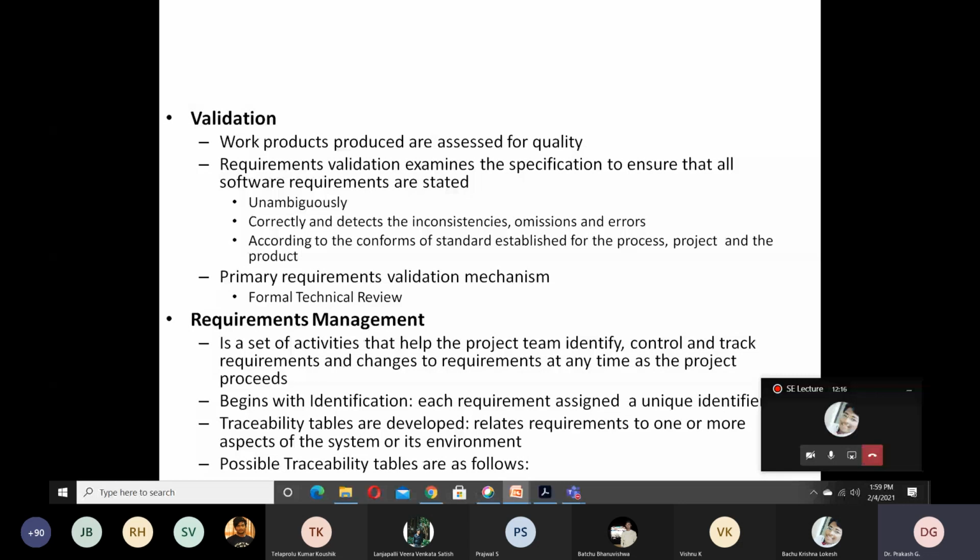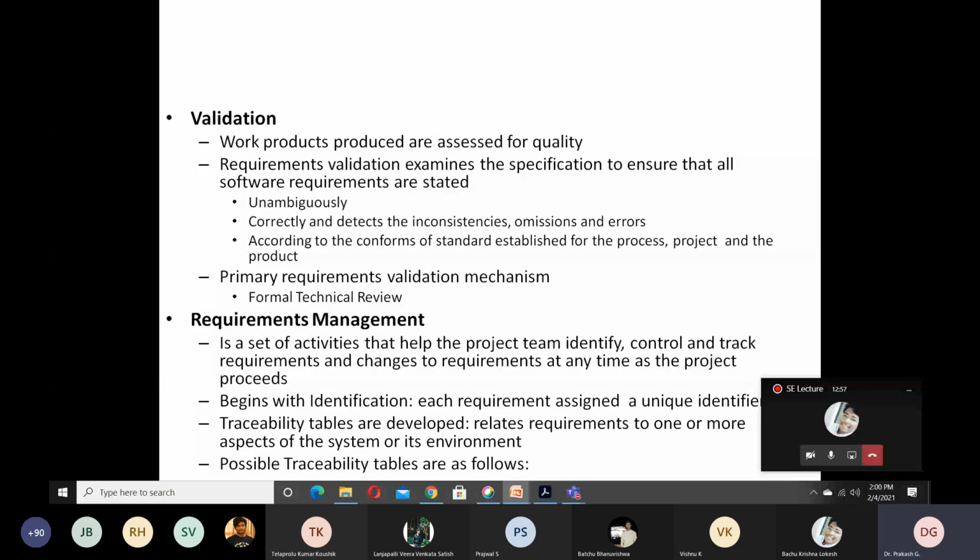It starts with identification, such that each requirement should have a unique identifier, in the format of a table. It should also relate the requirements. Not all requirements are isolated or standalone; most are interdependent or have some kind of dependency.